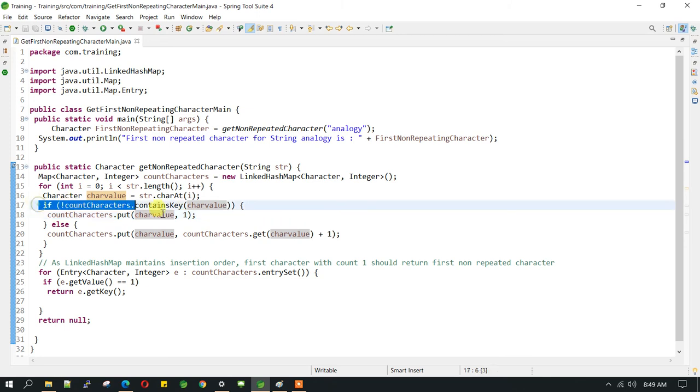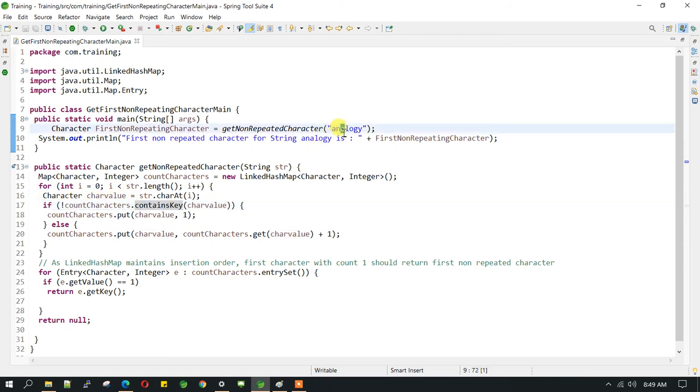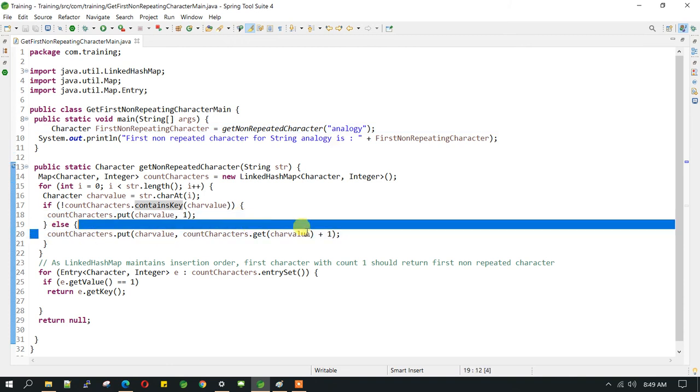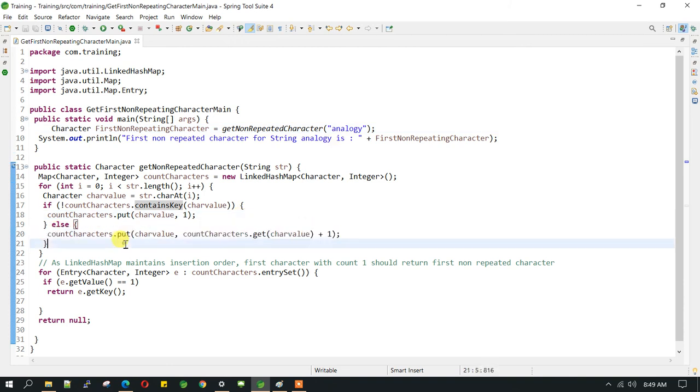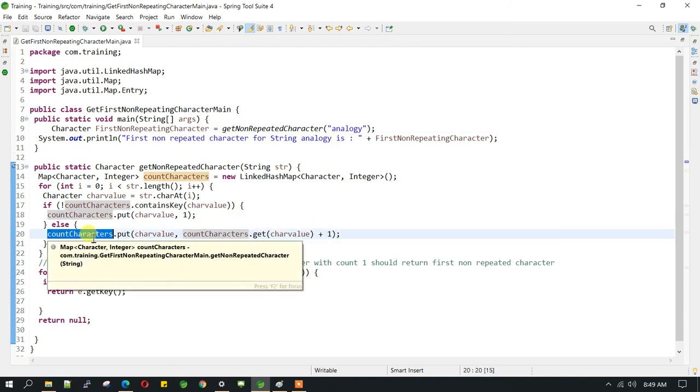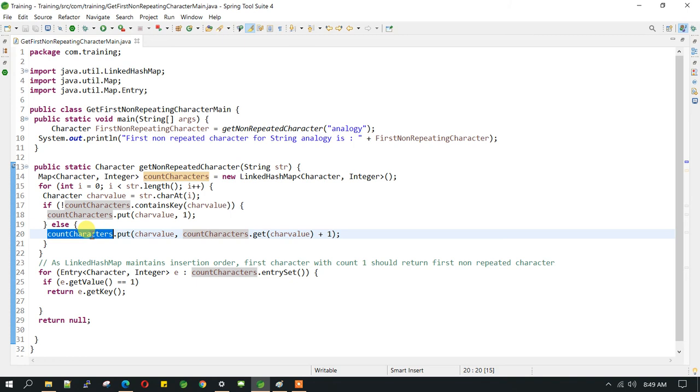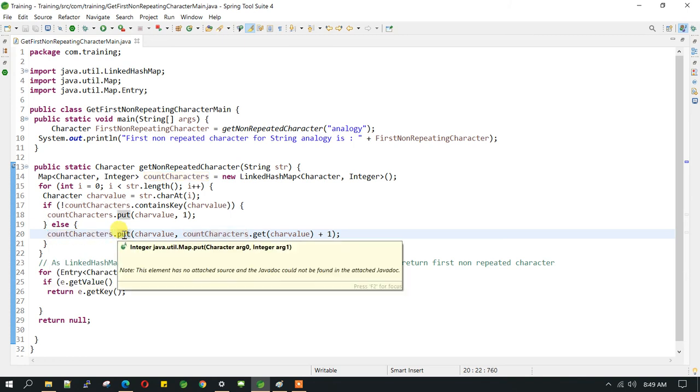And when this character, let's say a, appears again, or is encountered again, at that time we need to increment the value. So that is something which we are doing here. This is the map, this is the put function to add values.